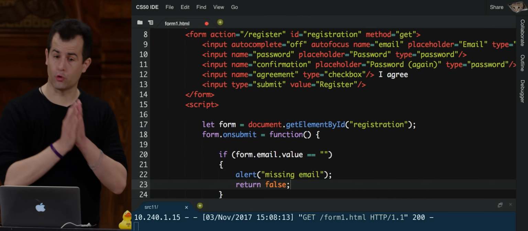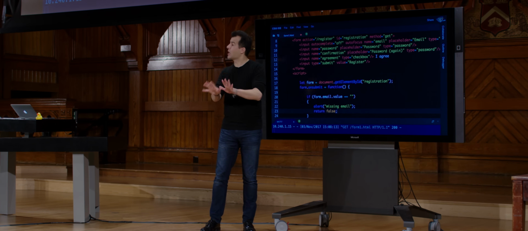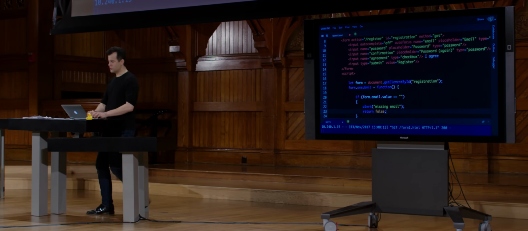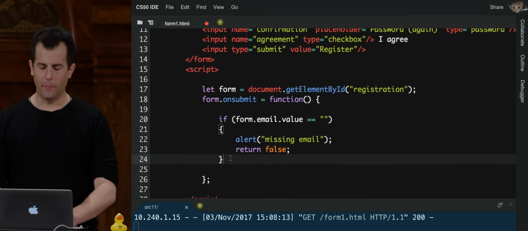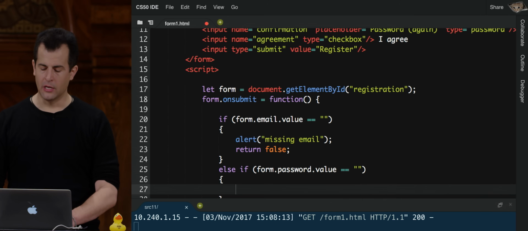I'm not going to return true. Return true would mean let the user submit the form. Return false means stop submitting the form, let the user try again. And so let's do this now for password. So how about else if the form's password field has a value that also equals quote unquote, then go ahead